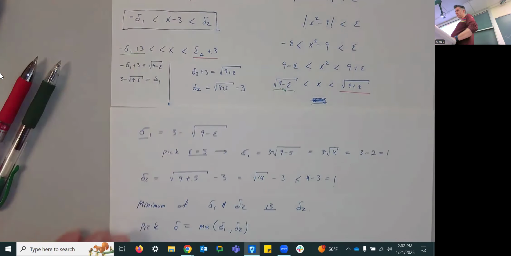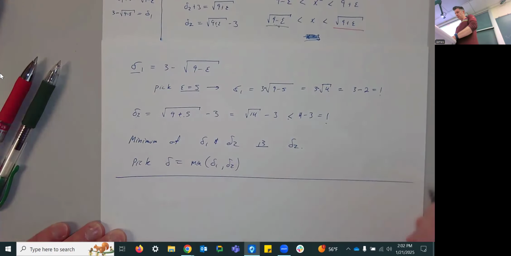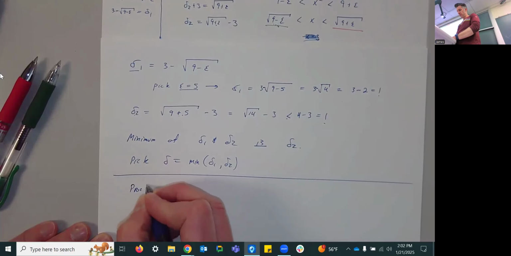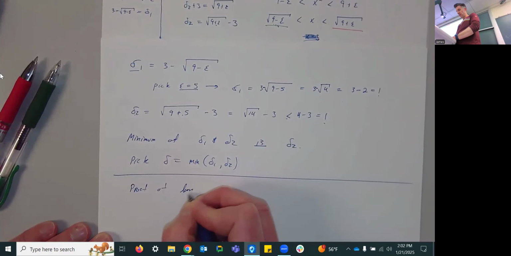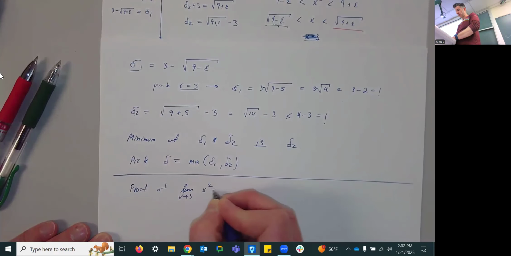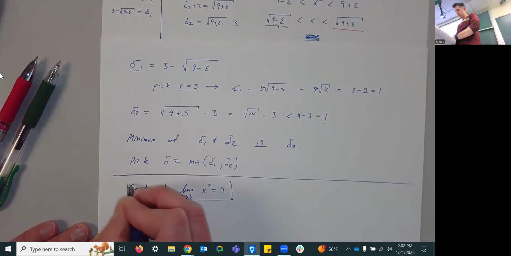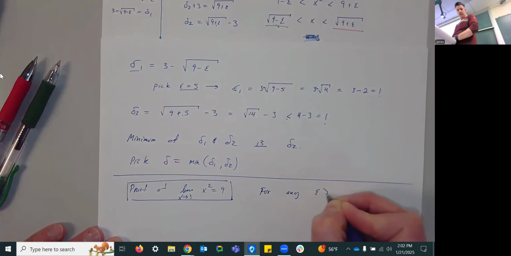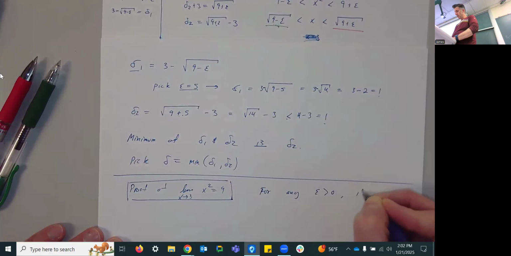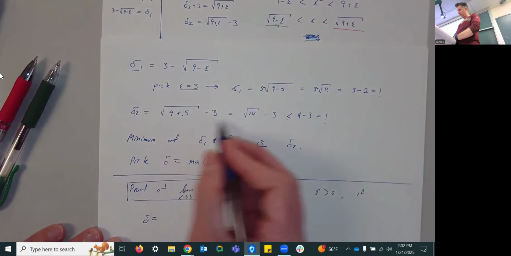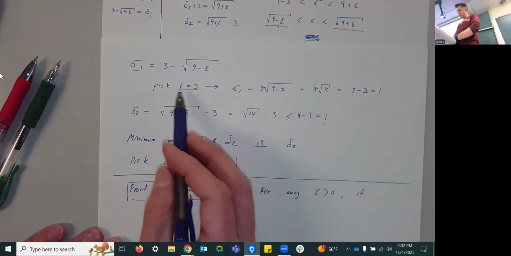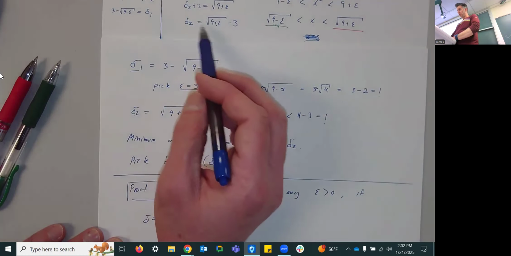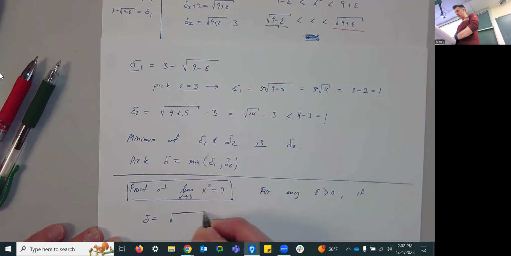Okay, so then we're almost done. We just have to write the proof. So the proof of the limit as x approaches 3 of x squared equals 9. Again, try to be abbreviated here. So for any epsilon greater than 0, if delta is equal to, what do you find here? The delta 2, which was, I forgot what it was, square root of 9 plus epsilon minus 3. So if delta is equal to the square root of 9 plus epsilon minus 3,